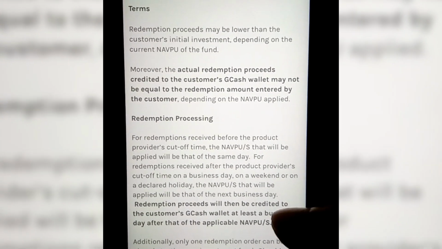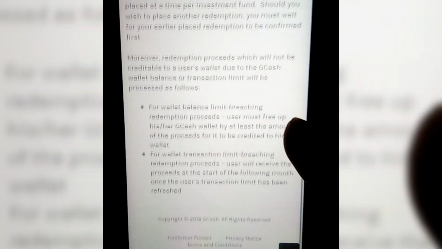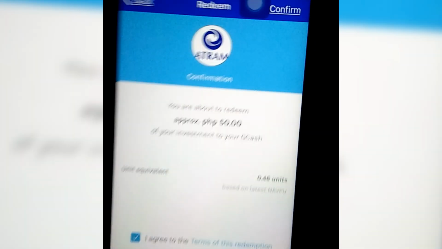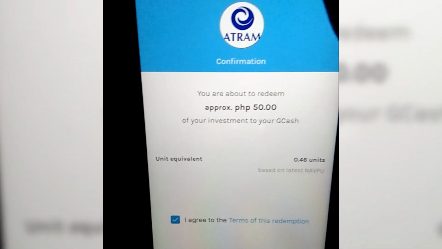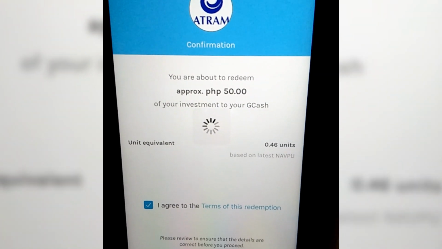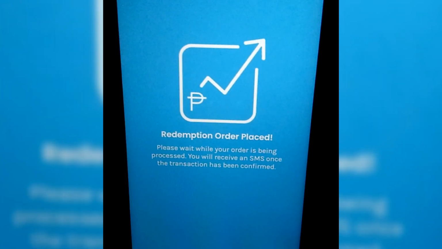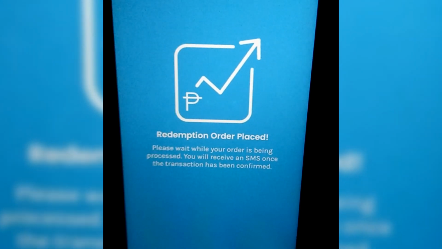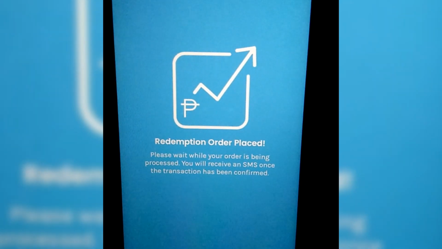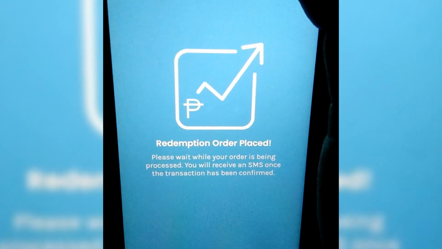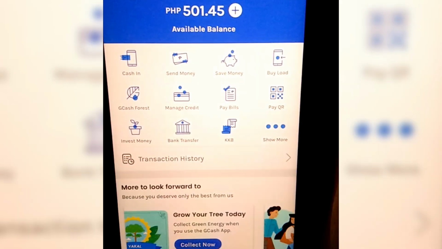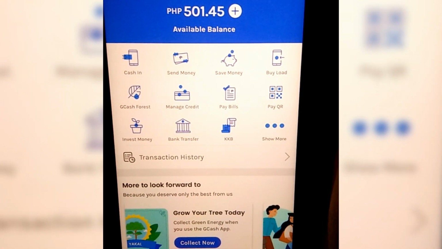We have to switch cameras kasi hindi nag-record. Nag-block yung recording ko sa iPhone. I think because it's very personal for them. Kung umaga kayo nag-subscribe, malamang mabilis ang balik sa inyo. Magre-reflect siya agad sa Gcash nyo. Pero kung hindi kayo nag-cash out or nag-redeem during business hours, there might be some delay. Magre-reflect siya dito sa homepage.